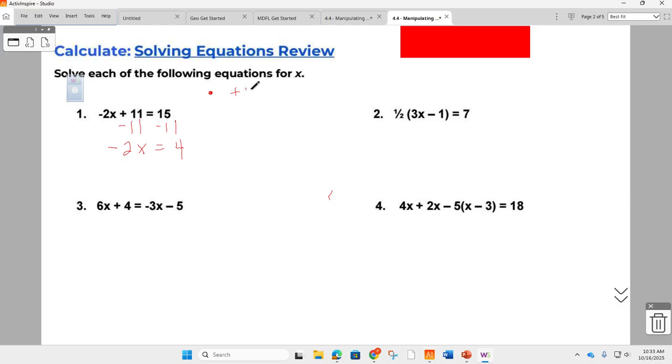So we've undone the adding. Now we're going to undo the multiplying. How do we undo multiplying? By dividing. So what do we need to divide by? 4? -2, right? I will have some kids say 4 sometimes, so be careful. But remember, the whole idea is to get x by itself. So if you start on the side where x is not, you're not doing anything to get x by itself, right? So always look over at your variable. You're going to divide by -2. And now we know x equals